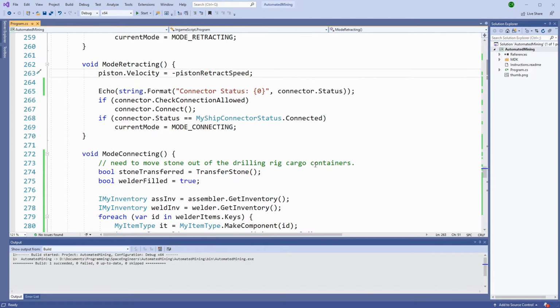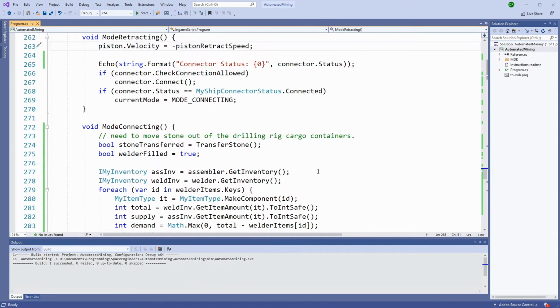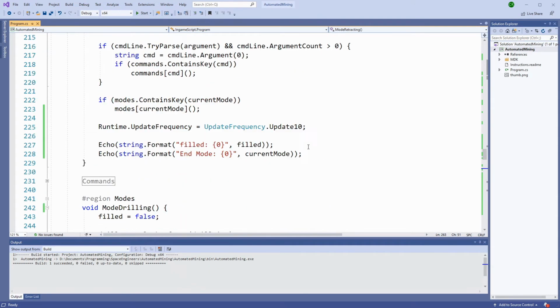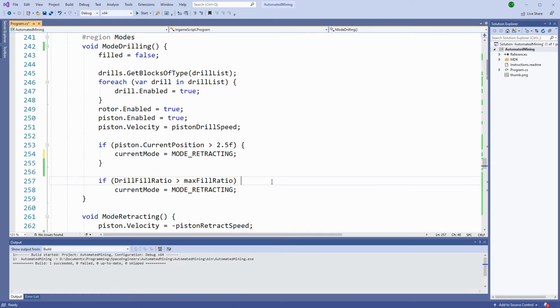Anyway, so what you just missed was, let's see, where are we? Yeah, we saw it was false until it got a little bit lower, and then that flipped to true. So there's a problem with my filled logic. Oh, that's on the wrong one. So we're not currently...